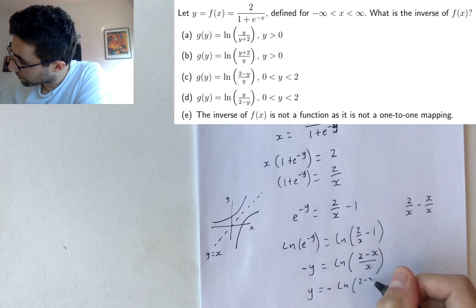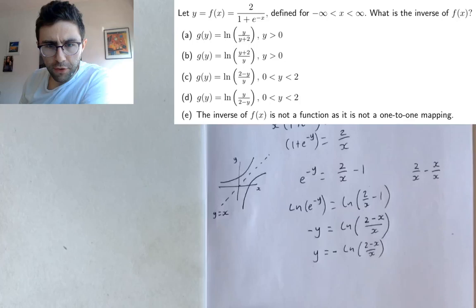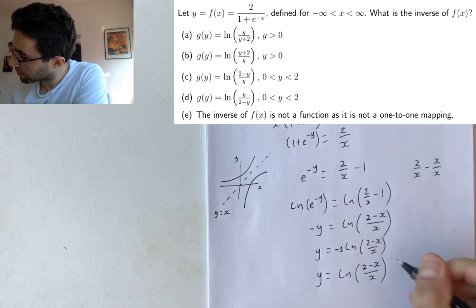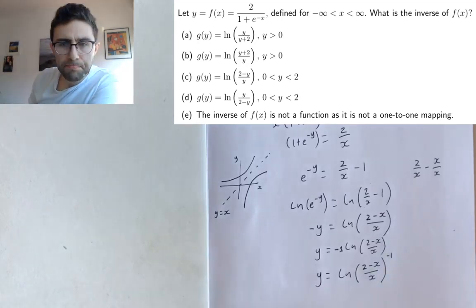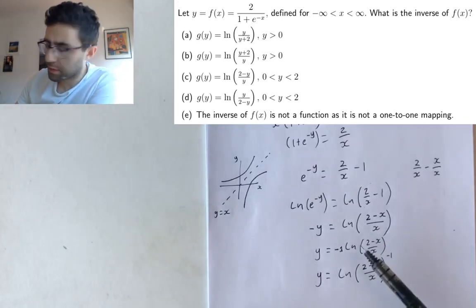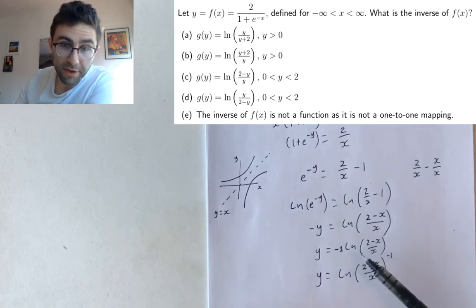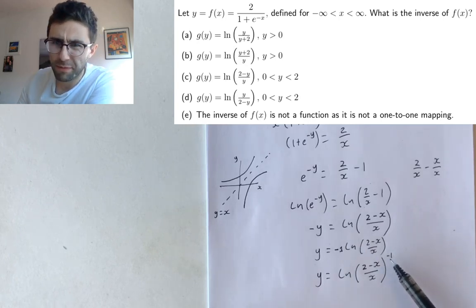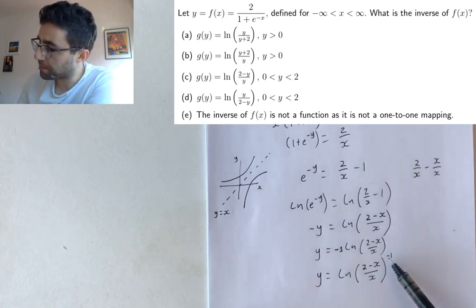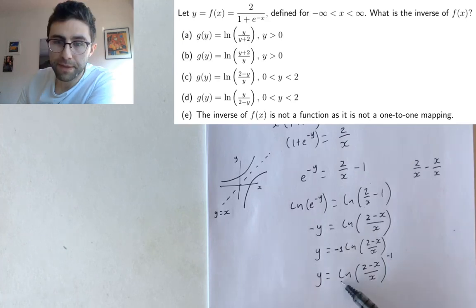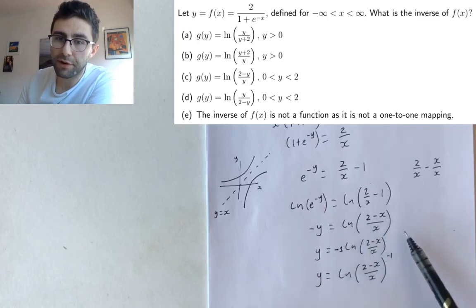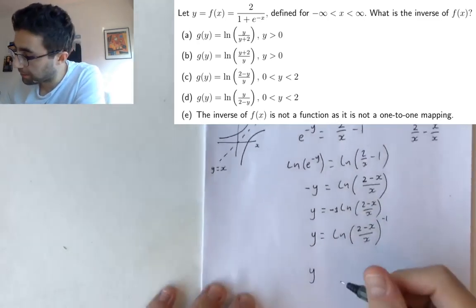I'm going to use a log rule here. Imagine that's a minus 1 at the front. That is the same as that. So this is again, how much log work have you done, how much do you know about this kind of thing? Do you know this log rule? I've talked about other log rules before. This one has probably not been mentioned so far. If you've got something written like this with a power up there, and it's a log type thing, you can bring the power down the front. Or the other way around. So I'm doing it the other way around, and then finally,